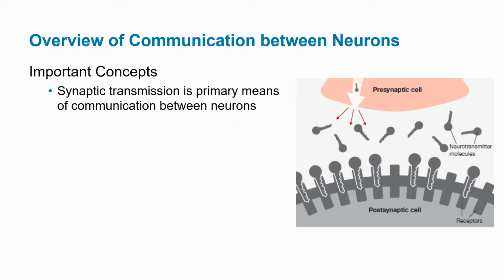So let's look at now the communication between neurons. There are some important things going on here, but it's actually relatively simple. That is, synaptic transmission is a means of communication between neurons. You have the synaptic gap. You have this synapse. So the synapse or the synaptic gap is the gap between